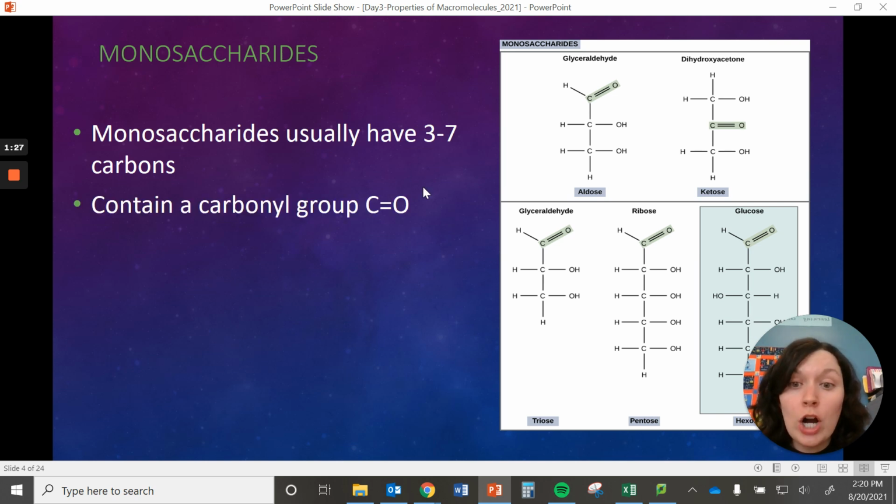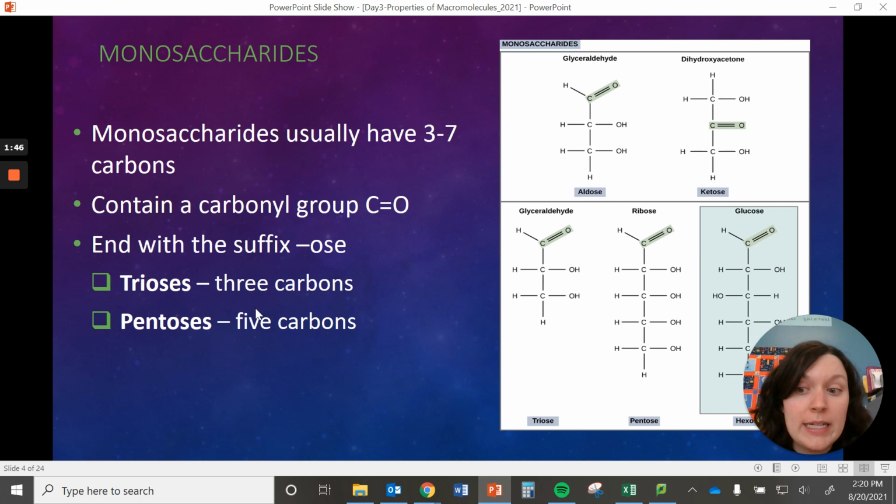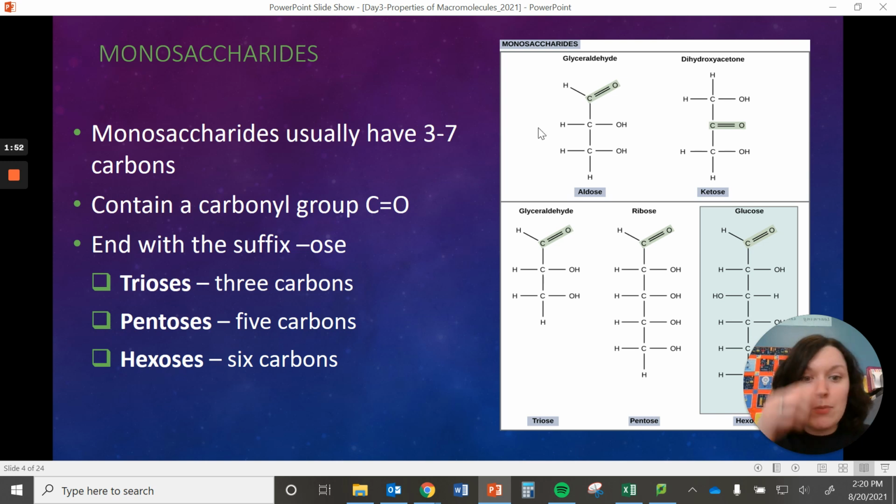They are going to have a carbonyl group, which is this carbon double bonded to an oxygen that all of them have. And they're going to have names that end usually with ose: aldose, ketose, triose, pentose, hexose here. So they're going to have that ose ending. So examples, triose has 3 carbons, pentose 5 carbons, hexose 6 carbons. And I'm not expecting you to memorize all these things about it. You just need to be able to look at a picture and identify that that is a monosaccharide,